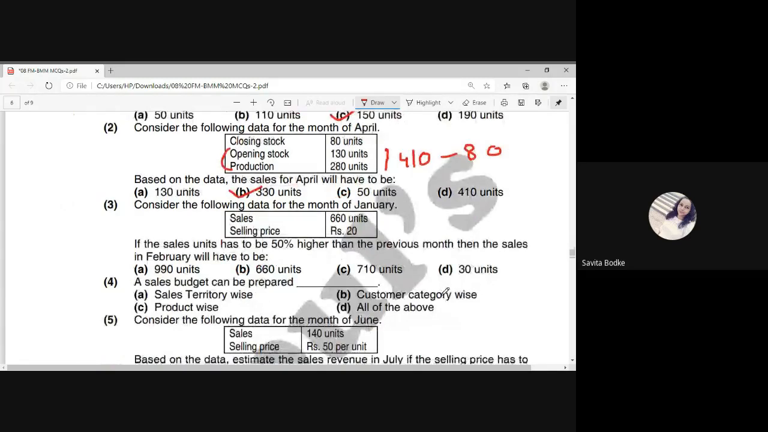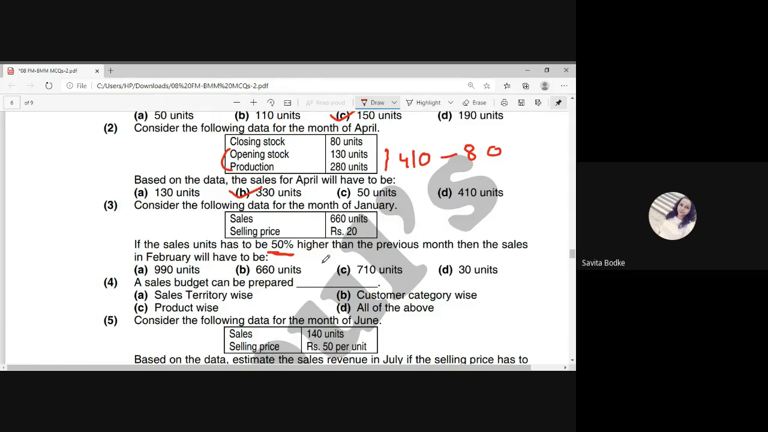Now the next one is, consider the following data for the month of January. They have given you the sales for the month of January, that is 660 units. They have given you the selling price of rupees 20. And now the instruction they have given you is, if the sales unit has to be 50% higher than the previous month, then the sales in February will have to be